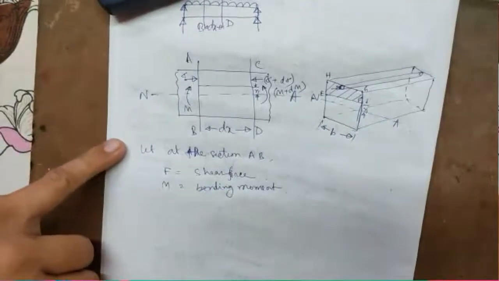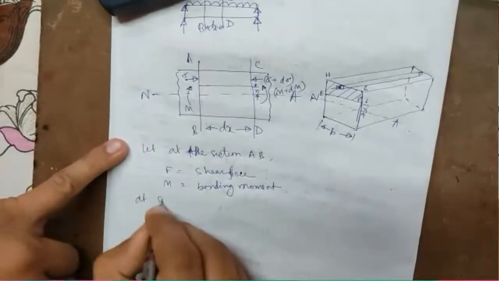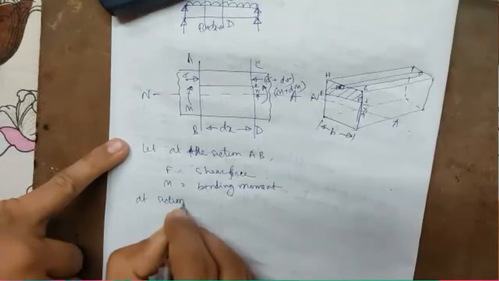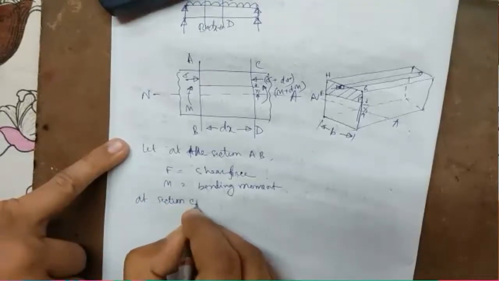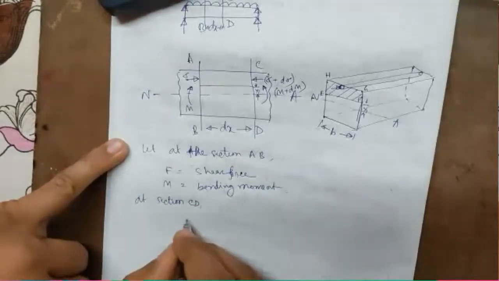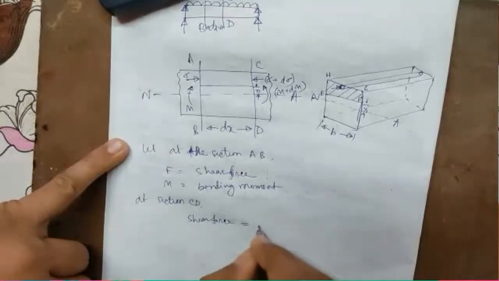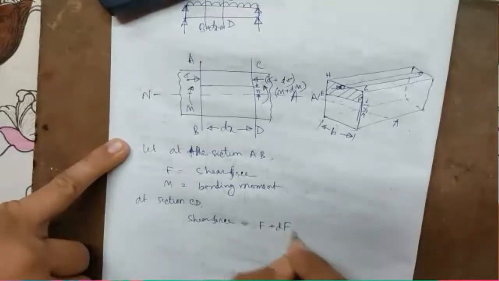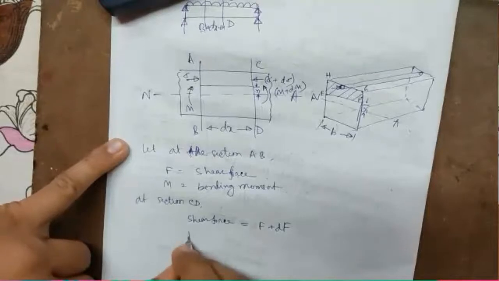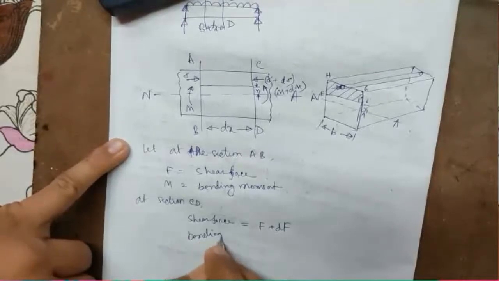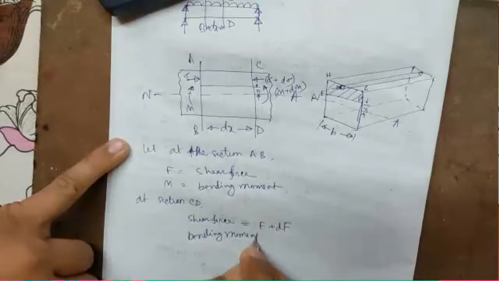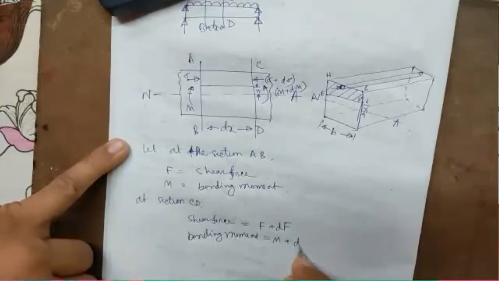Now at section CD, shear force value, let F plus dF, bending moment M plus dM, and I is